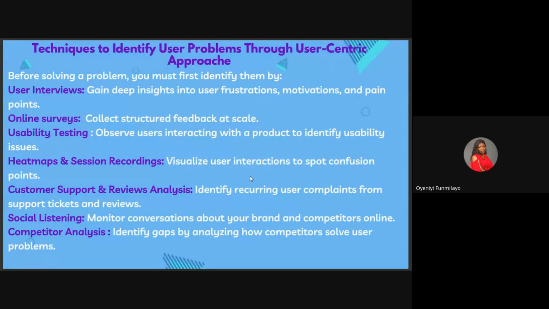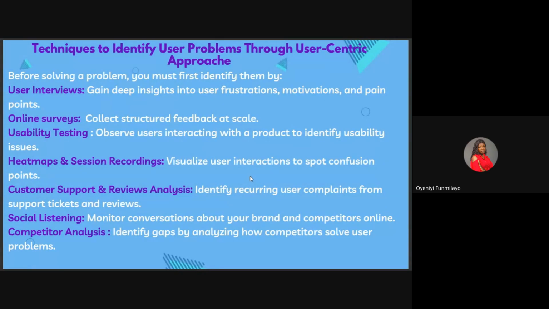The way I even like it, I don't want the customer support team to be telling me. I want them to show me, let me see with my own eyes. Because I know whenever they are telling, maybe they can rephrase one or two things, and I want to see what exactly the user's problem is, so that I will go back to the team and we'll work on it.